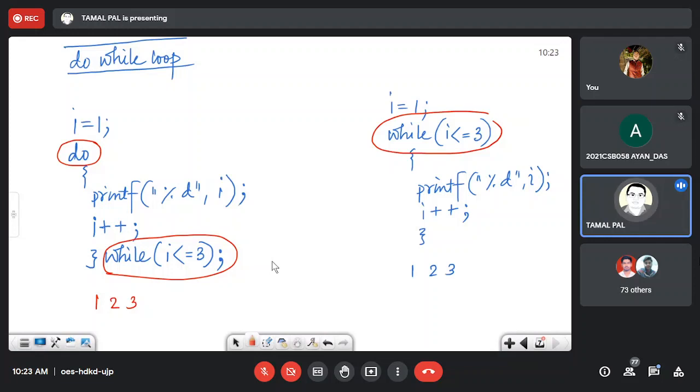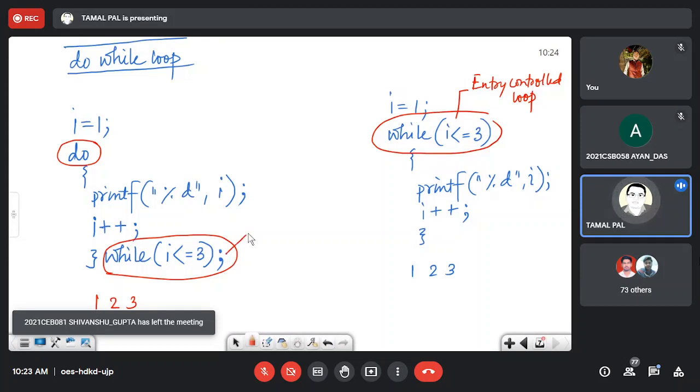But other than the syntax based difference, there is another difference. Okay. And just for the time you know that this loop is known as entry controlled loop, because when control enters the loop, it checks.